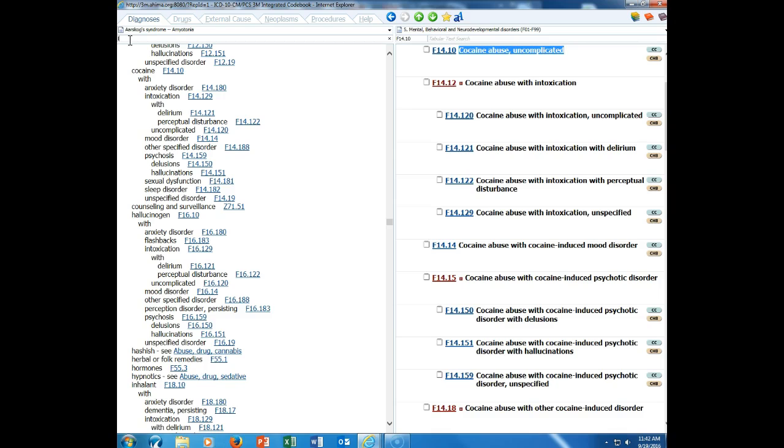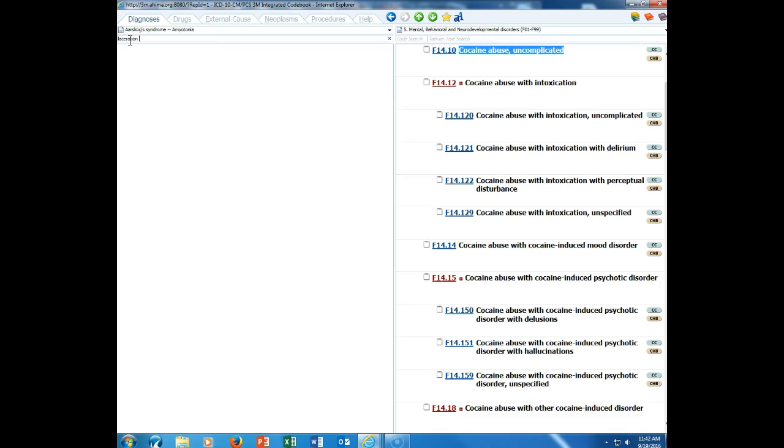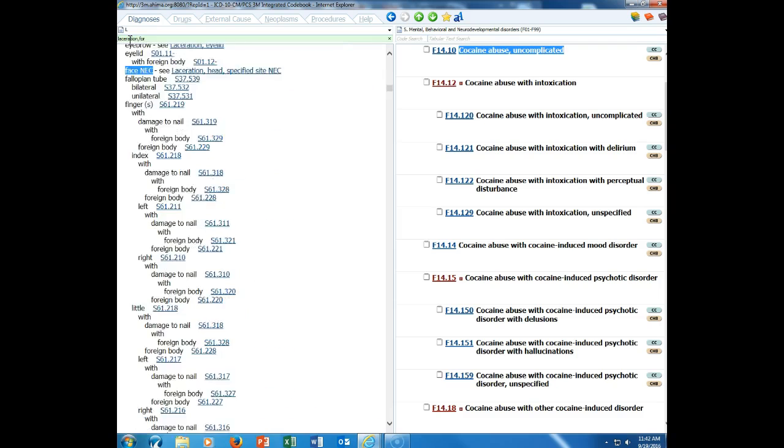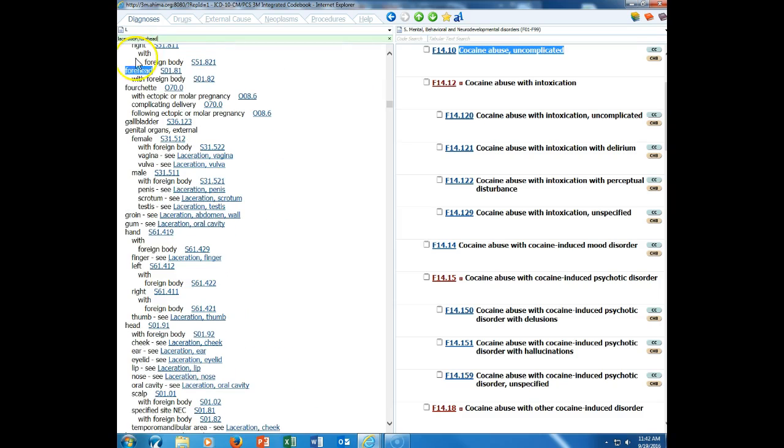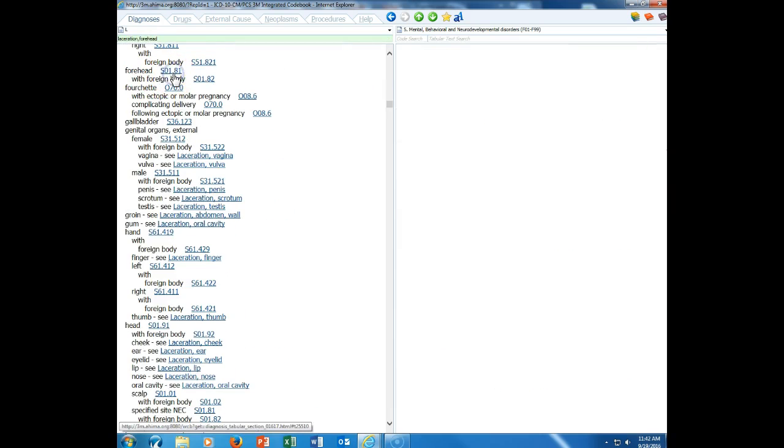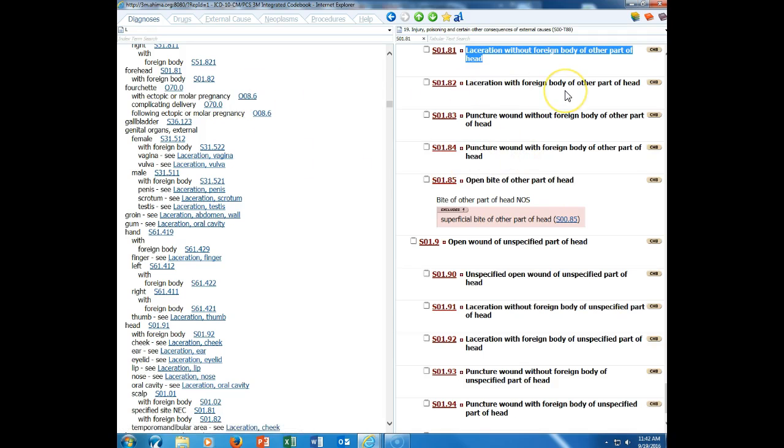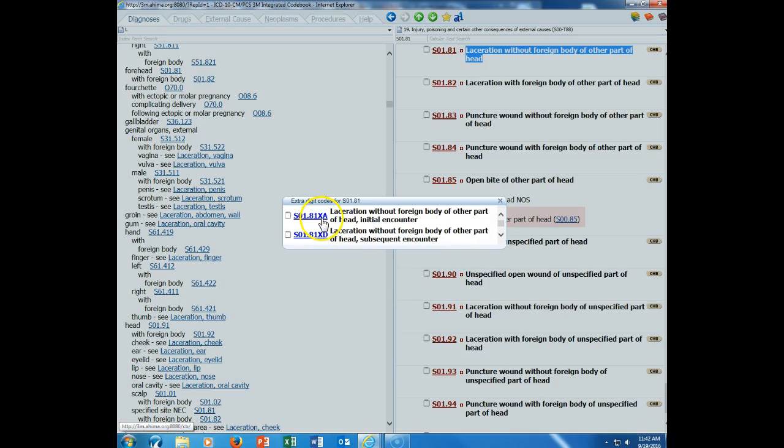And now he also has the laceration to his forehead, S01.81, and when we verified in the tabular, we can see it's a red code. It does have to have additional characters, and that is going to be the X placeholder and then the A